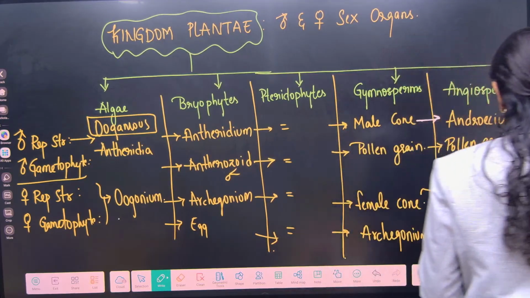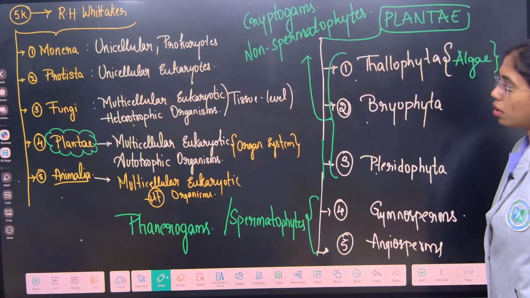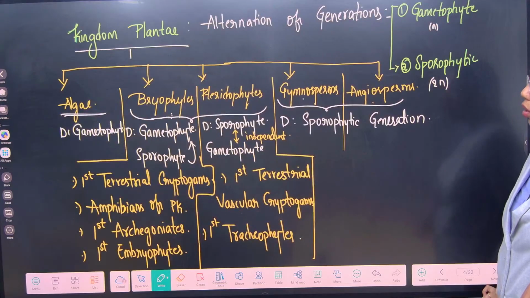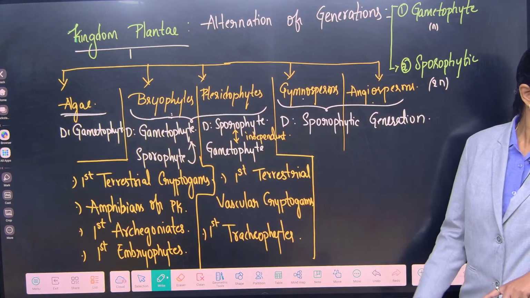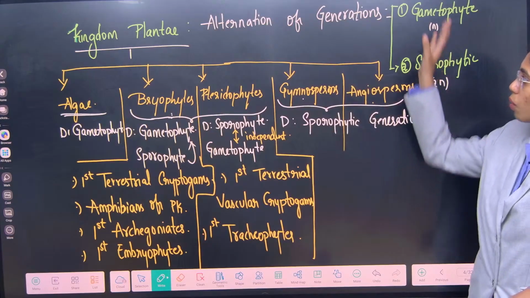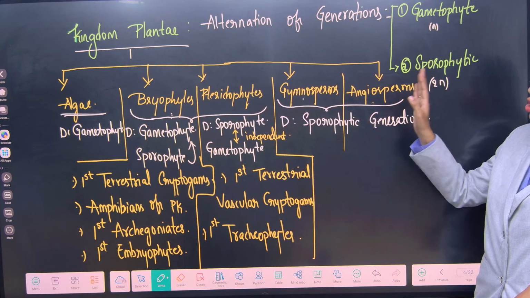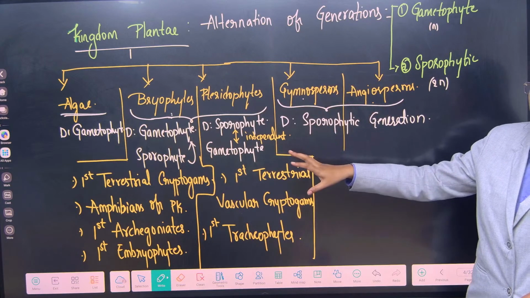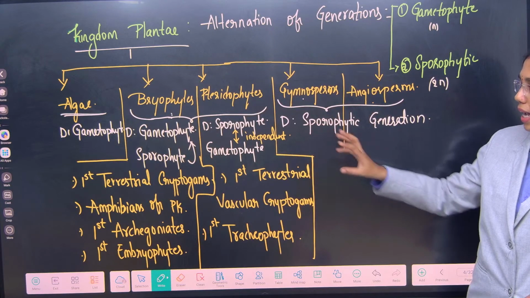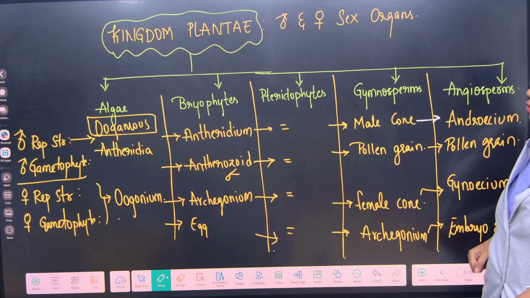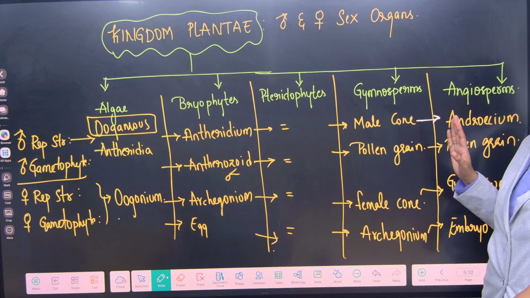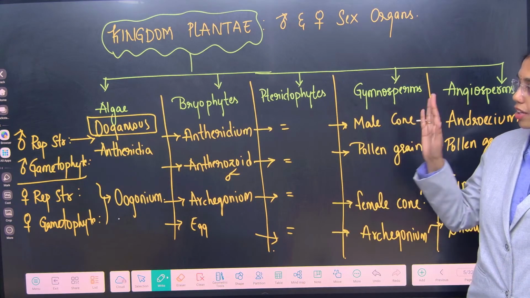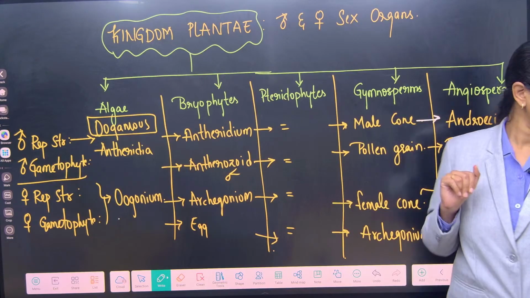This is the complete information that you have to know. Firstly, 5 kingdoms, then all the 5 divisions, followed by kingdom Plantae. From those 5 divisions, what are the alternation of generations, and which is the dominant phase in each division. What are the synonyms that you have to remember in the introductory part of bryophytes and pteridophytes. Later, in kingdom Plantae, the male sex organs and female sex organs, male gametophyte and female gametophyte of all the 5 divisions.